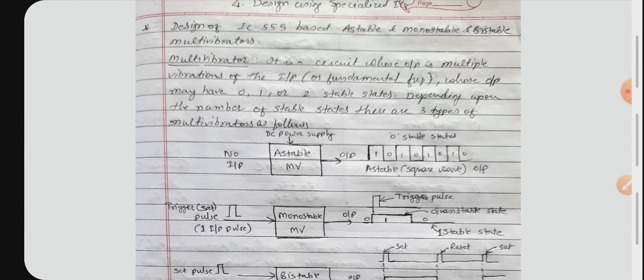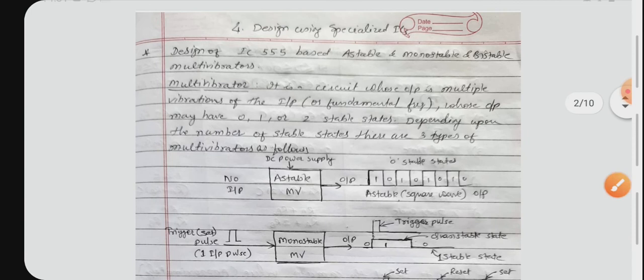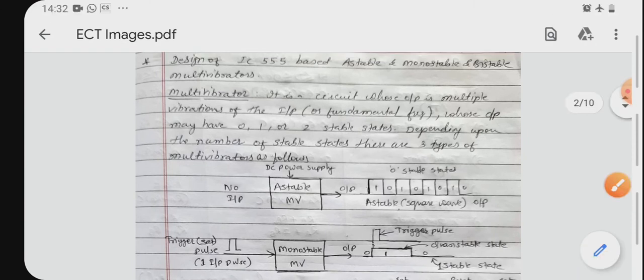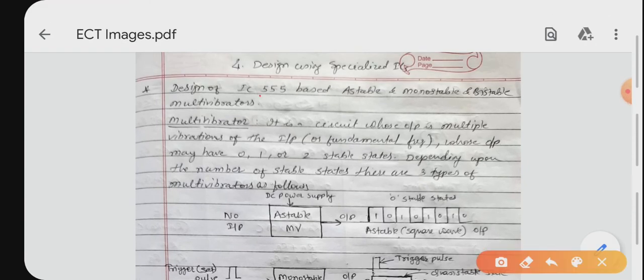As we know, IC 555 is called a timer IC. The number is given as 555 because in the internal block diagram, the internal circuit diagram of IC 555, there are three resistors of 5 kilo ohm each used in the voltage divider network to generate the reference voltages which are provided to the internal operational amplifiers. As there are three 5 kilo ohm resistors, that's why the name is given as IC 555.